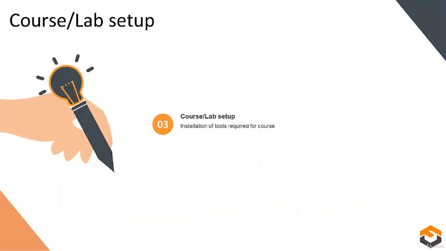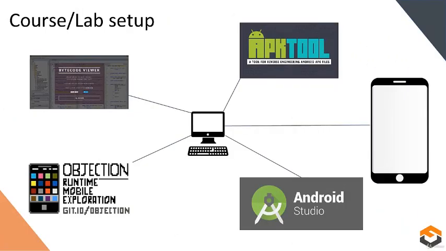Now we will start with the first hands-on part of the course. We'll start off by setting up the lab environment. Here we will go through the installation of all the tools that will be used throughout the course, without going into too much detail about their features. We wanted to get this out of the way in order to avoid spending time going through the installation processes mid-exercise. By the end of this section, you should have all the tools needed to conduct the exercises for the remainder of the course.